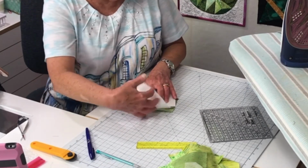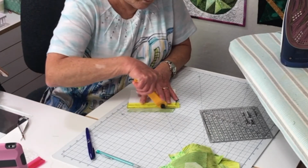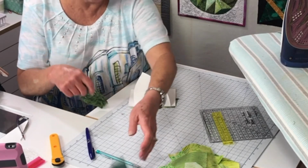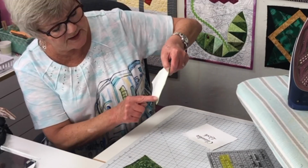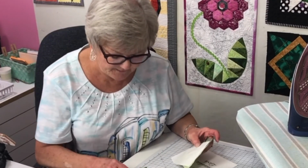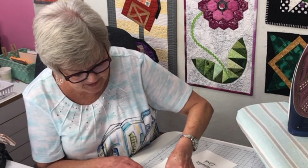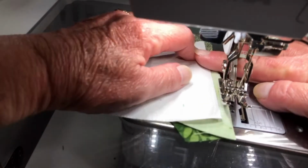So we're going to fold back the paper, trim, stick a new dark on, and this time, again, we look at the piece that we're replacing, and the piece that has the big bottom is at the top, so I have to have it like this. Now on this one, I think it's a petite, it really doesn't matter, but we want the big bottom at the top. So I'm going to lay this down right at the edge, and I'm going to stitch. Okay, and I think this is probably the last one I will stitch, and then I will show you what we do next. Once you get into the routine,